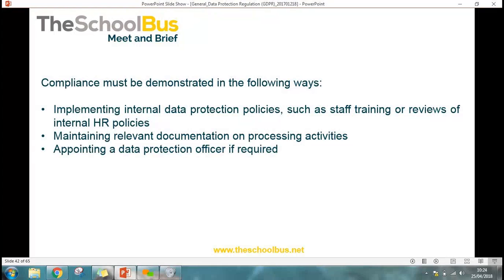Obviously, schools have to appoint a DPO. And I know there's been a bit of confusion over this. We're getting quite a lot of people saying, can governors be a DPO? Who can be a DPO? And obviously,